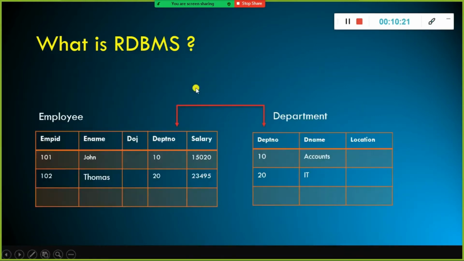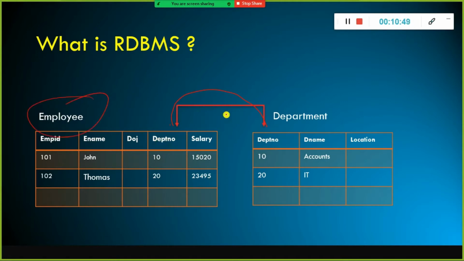So next we will see what is relational database. So far I discussed database management system, DBMS. What is relational database? In the case of relational database, the data is stored in tables that are linked together via relationship. Look here, these two tables are linked together via the relationship. There exists a relationship between these two tables.